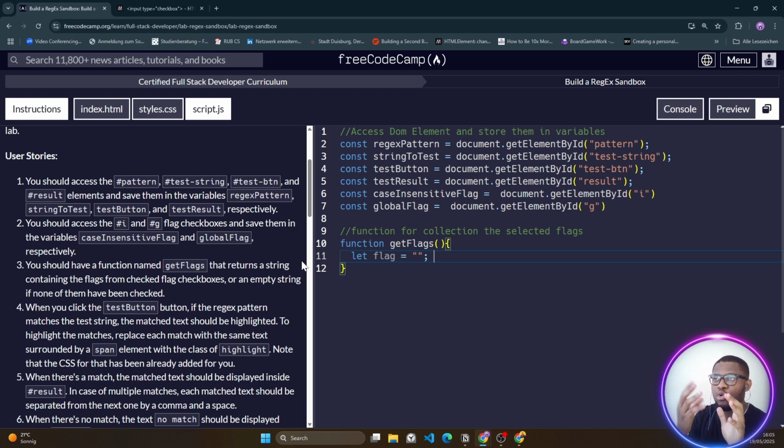So when I know that the global flag or the case-insensitive flag has been selected, I will just concatenate the flag. So let me read that. If the case-insensitive flag context is true,